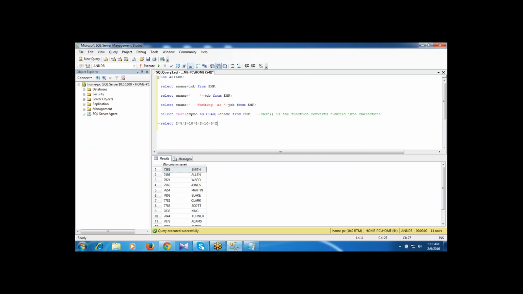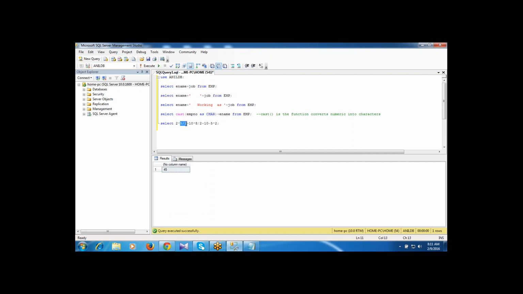It is not a column in a table. Hence, in this expression, first it performs the division, then multiplication. It is an arithmetic expression. If I want to get the result for this kind of expression using the select statement, we would require the from clause and table name, but it is not a column in a table. That's the reason here I'm not writing the from clause. Simply we write select and the expression, and we get the result 45.